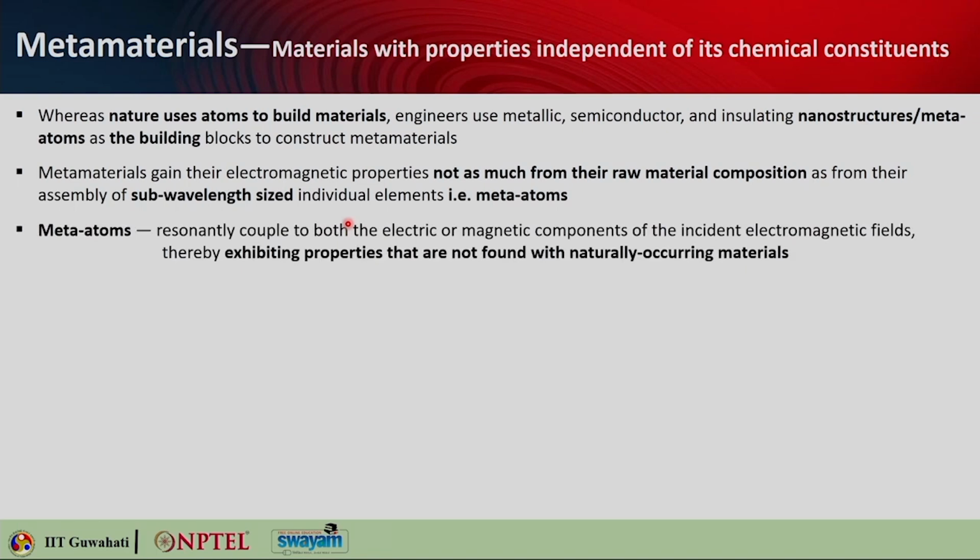These meta atoms can resonantly couple to both electric and magnetic components of the incident electromagnetic field, and that is how they are able to bring out some extraordinary electromagnetic properties, which are not found in